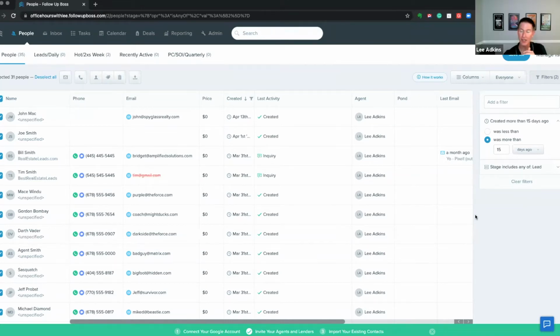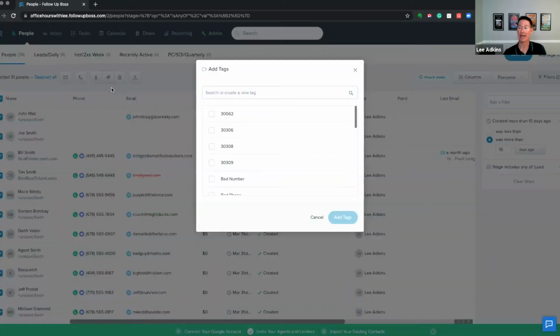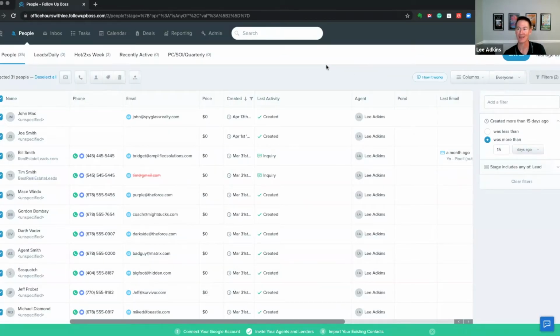Yeah, and Megan, I'm glad you said that, because one tip, if you are doing this, especially in true bulk, is to potentially add a tag to all these people. So you could do the same thing, select all of them, add a tag, and I would name it as clearly as you can possibly name it. Leads move to nurture 5/6/21, or lead stage move to nurture stage 5/6/21. Just make it uber clear, in case there's ever a reason you might need to reverse it or find those same people, or certainly if you're doing it on behalf of someone else on a team, then that's wise.